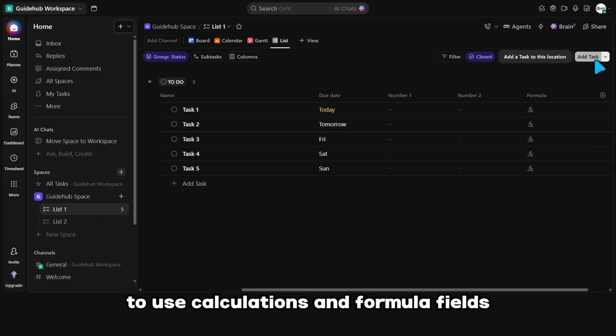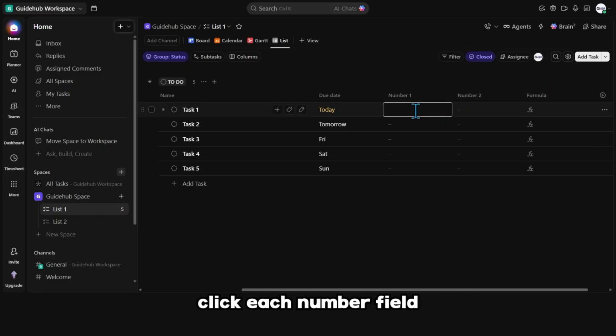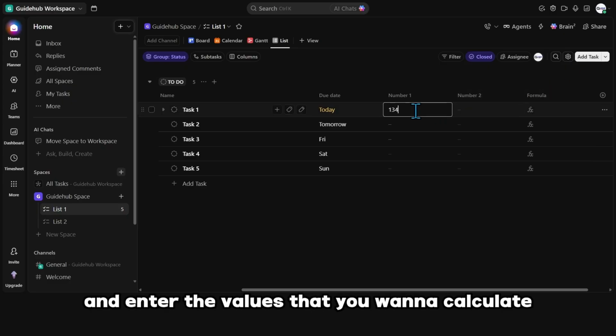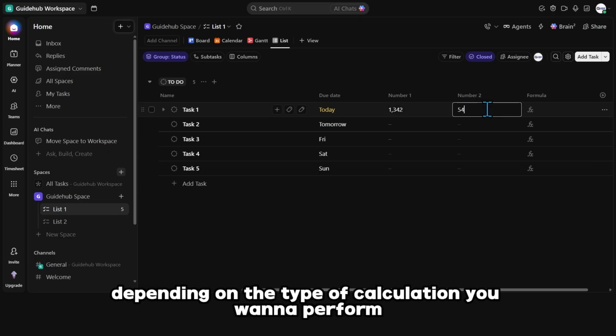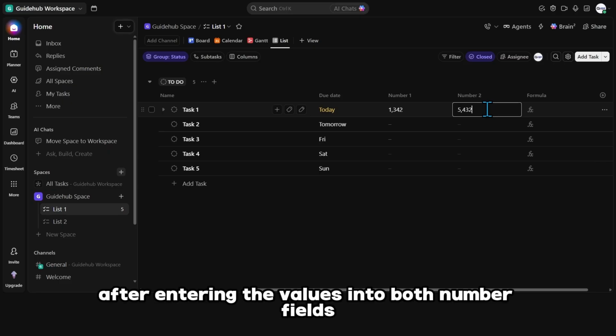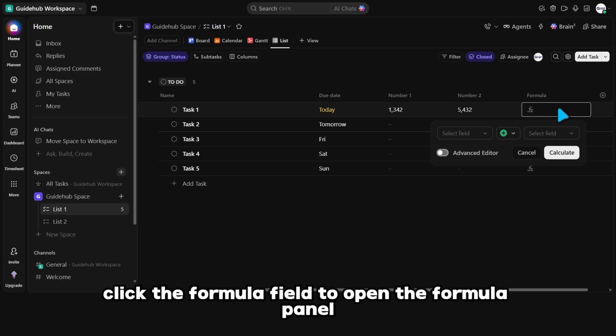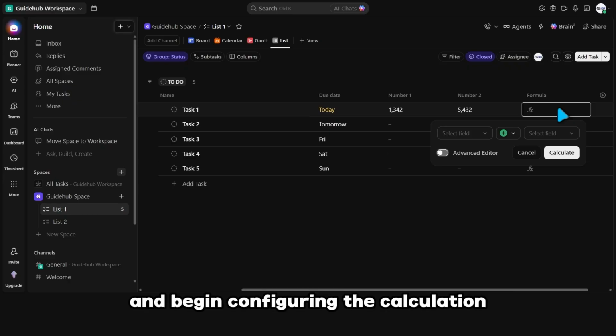To use calculations and formula fields, click each number field and enter the values that you want to calculate. You can enter any numbers according to your requirements, depending on the type of calculation you want to perform. After entering the values into both number fields, click the formula field to open the formula panel and begin configuring